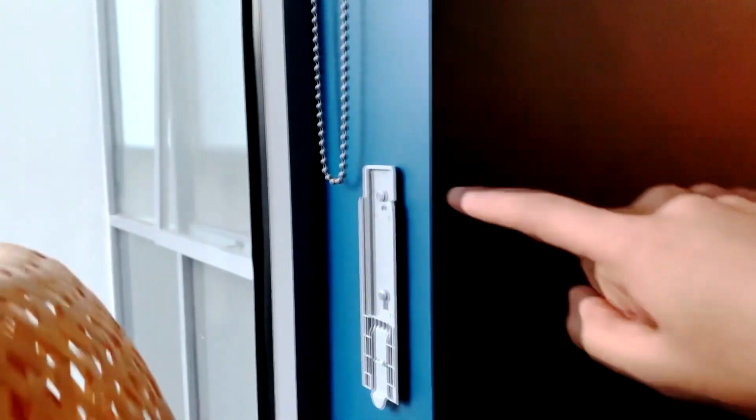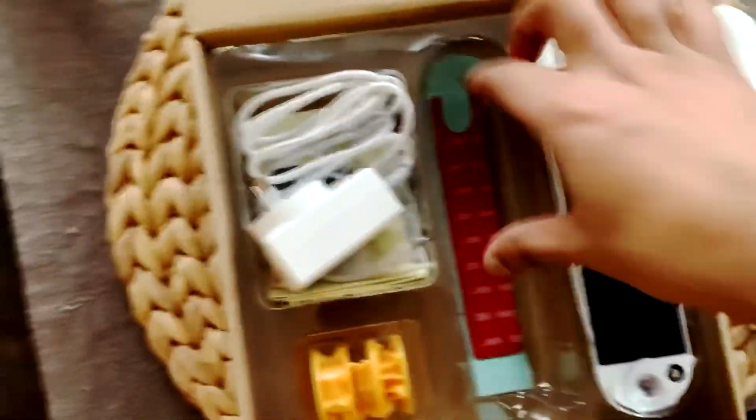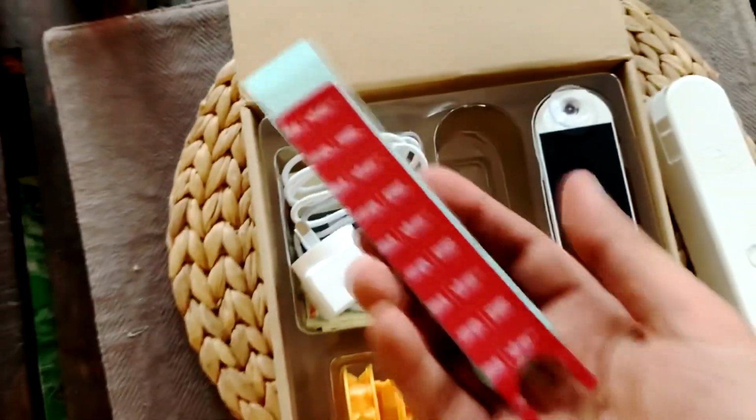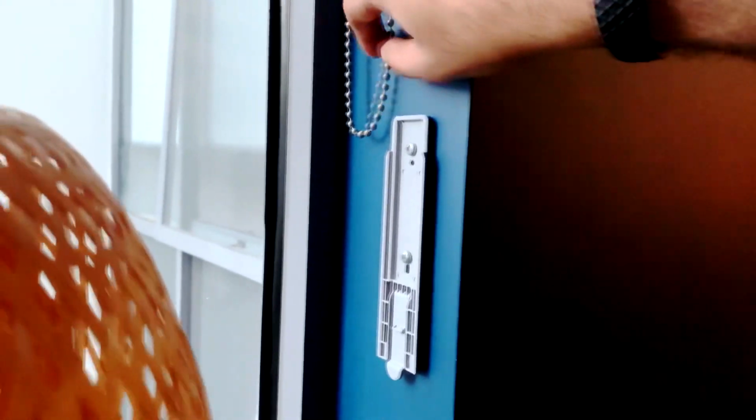on the wall and I've screwed it in just so it's more secure. But there is the option of using double-sided sticky tape as well, which comes with the package. Personally, I prefer to screw it in the wall just because I know there's going to be a lot of torque going through the motor, and I know this will be the most secure way to mount it on the wall. So once you've put the wall plate on the wall right near where the beads are hanging, it's as